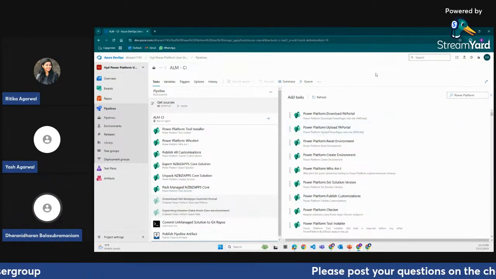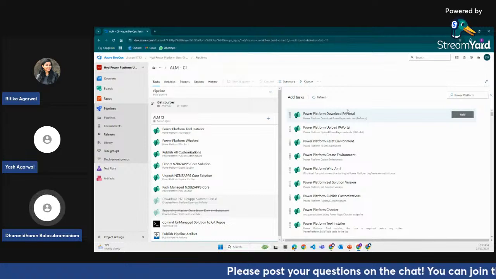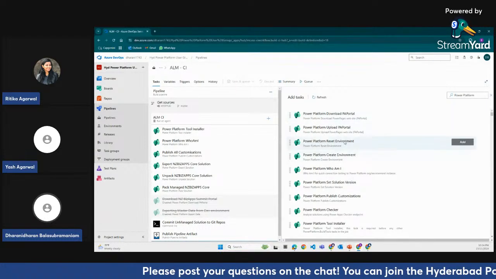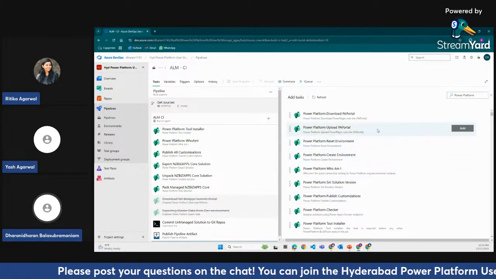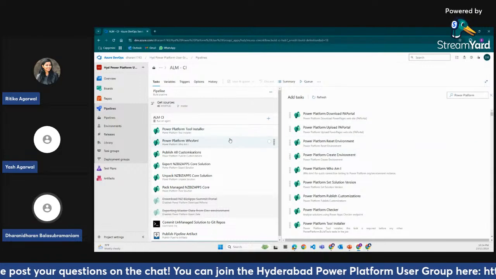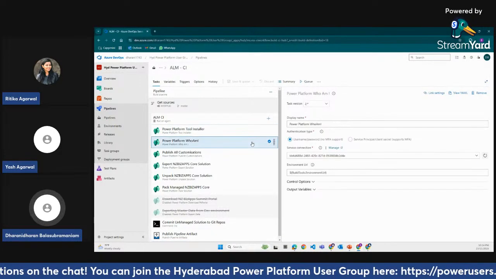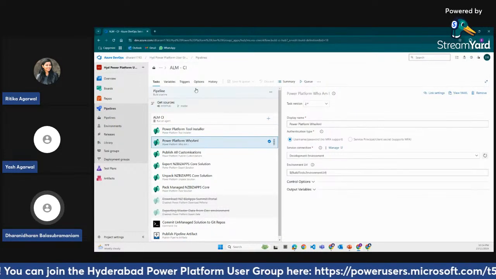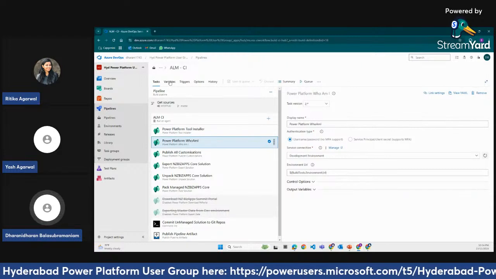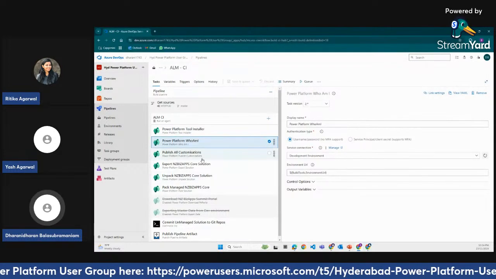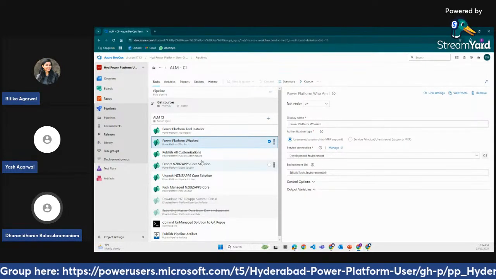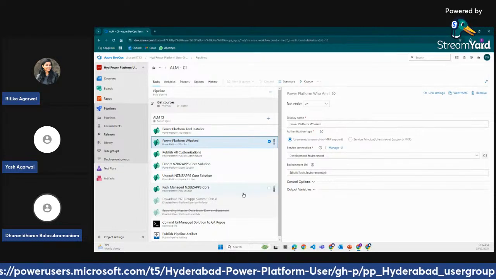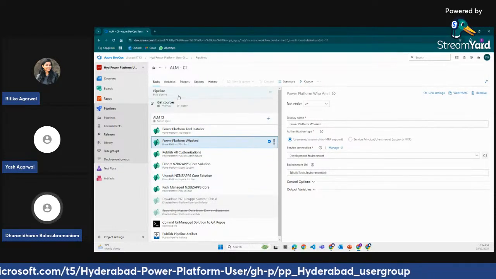If you ask me to configure all this ALM process for any Power Platform project, with this tool it is really easy. You can just go ahead and add it, and it updates the field values here. Keep them as environment variables, or you can keep all these values in the Azure Key Vault, read them from the Key Vault, and populate all the values while this is running.